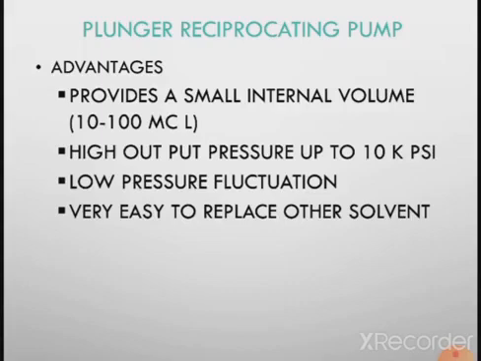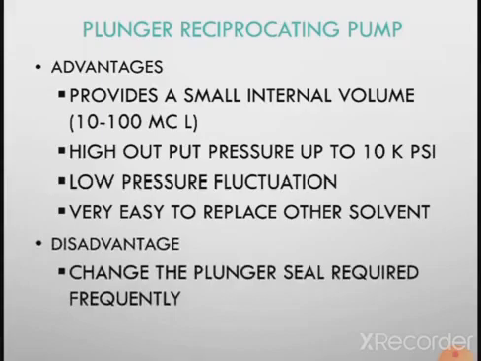Then high output pressure up to 10 kpsi, low pressure fluctuations, and it is very easy to replace other solvents because it has a very small bore size, that means very small solvent capacity.